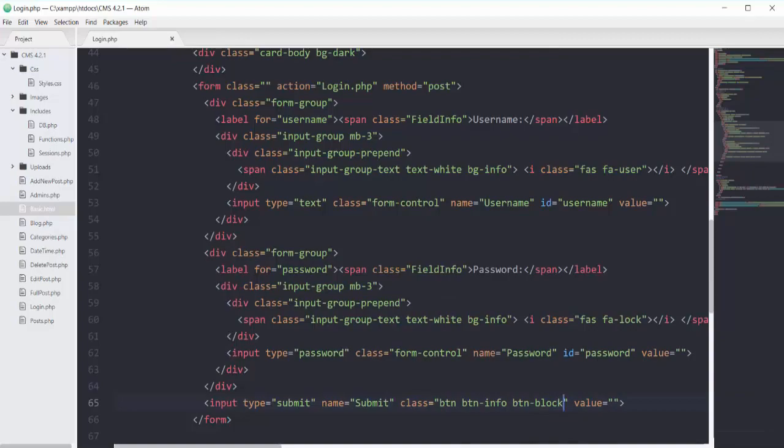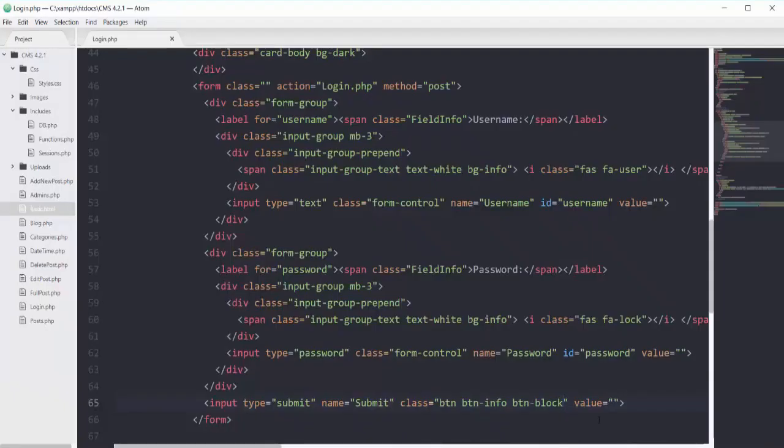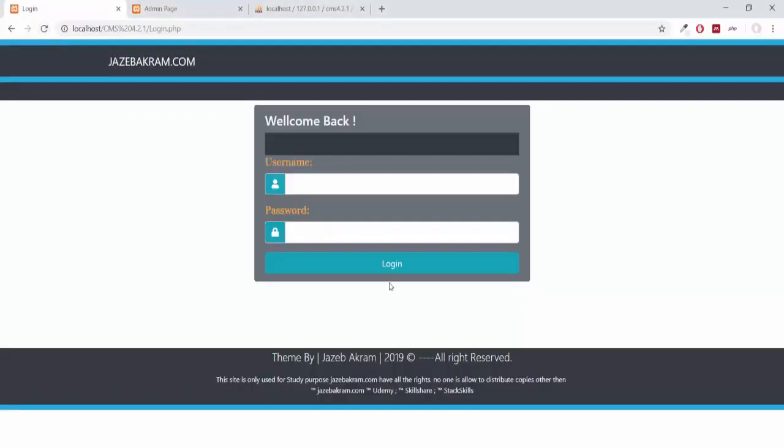So saving this one, refreshing my page, you can see we got this button right here. So let's add the text on this button. I can add the text in the value attribute, so login for the text. So if I refresh this page, you can see this login button.